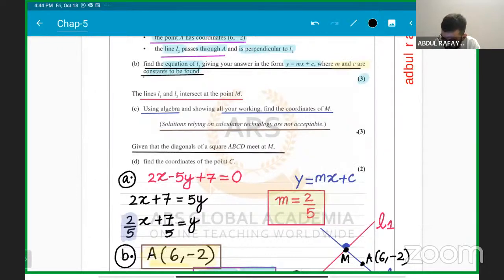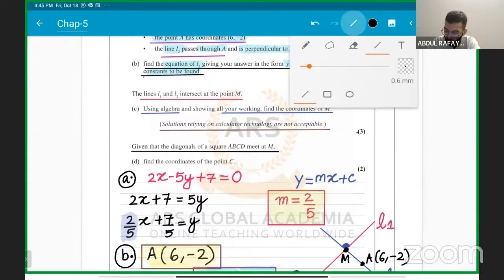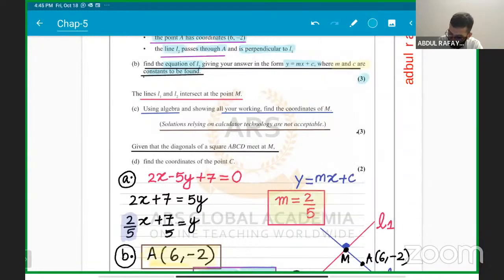Given that the diagonals of the square ABCD meet at M, they are telling very clearly. What are diagonals? Everyone should know what is a diagonal of a square. A square is being formed, ABCD, where the diagonals are meeting at M. You have to find the coordinates of the point C for 2 marks